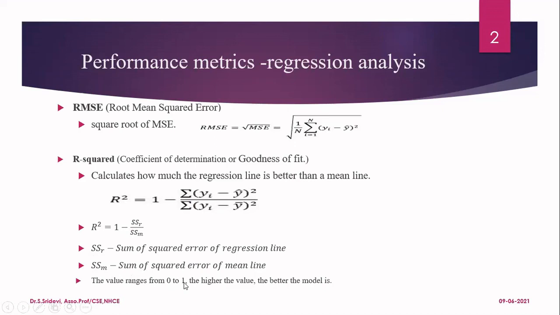And how do we judge the performance of the model? If you see the R squared value, if it is higher, it means that your model is performing better. So always go for a model which gives you a higher value of R squared. From this, you can tell how well your regression model is performing.